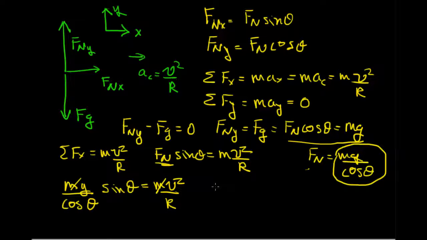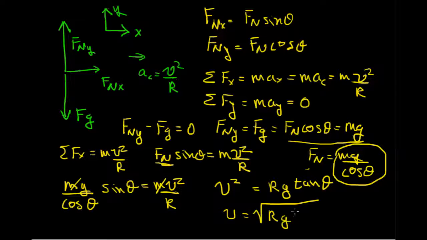I can say v squared is equal to rg tan theta, or v is equal to the square root of rg tan theta. And so that's the maximum speed a car can make around a turn of radius r and angle theta